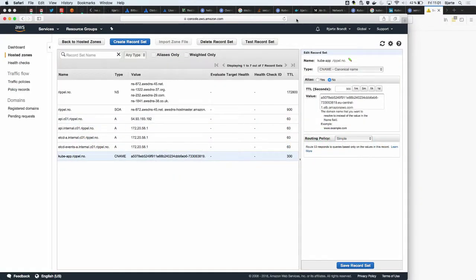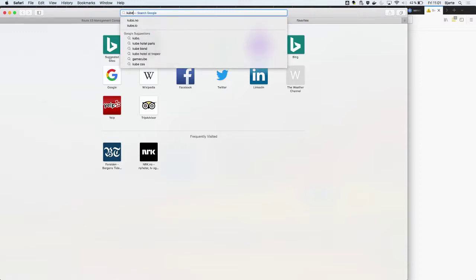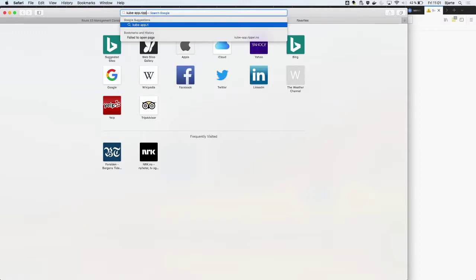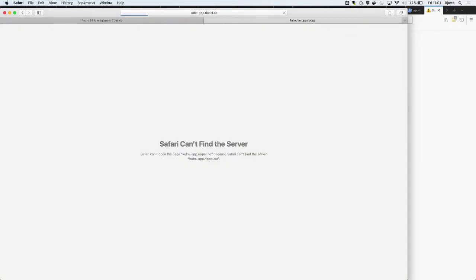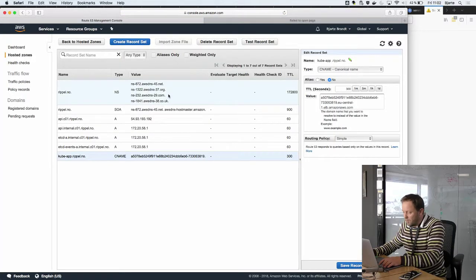I'm going to try it in different browsers because maybe there's a plus sign here. Okay, but here you have the CNAME, and here is the